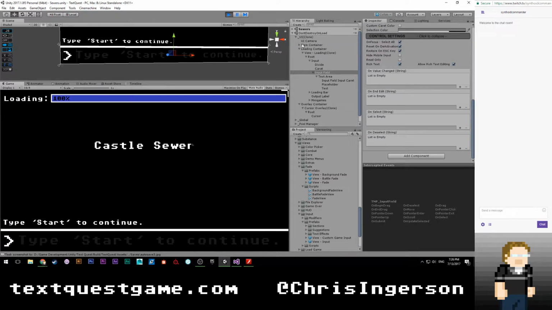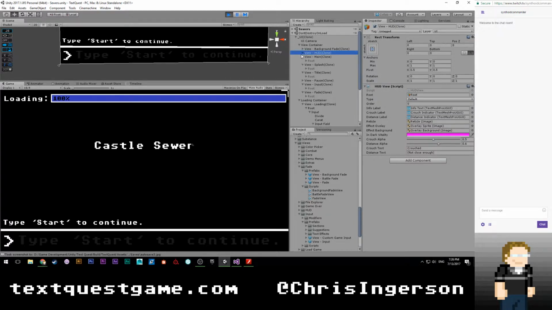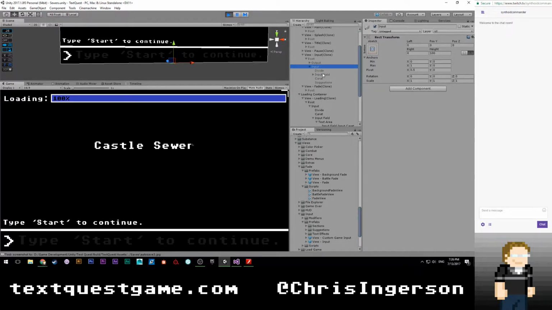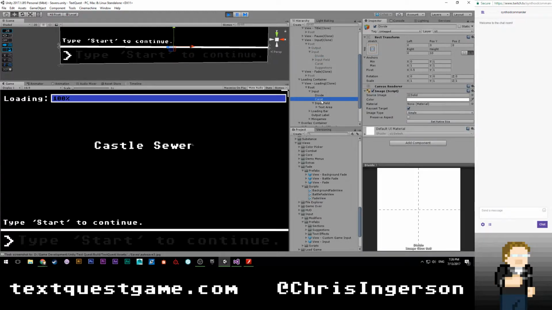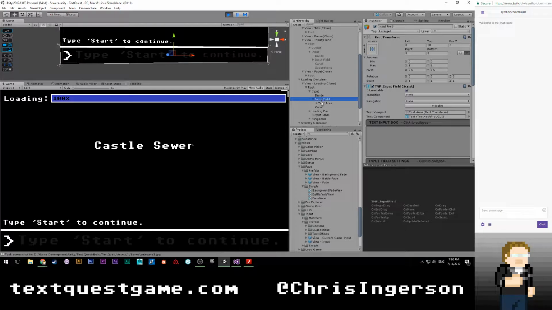And again, if I open up, let's see, view container, do I have the turn on HUD? Not that it matters. Input view. So you can see input view is set up pretty much the exact same way. We have our input field, which is here. So we have our input, then our divide, and I guess our caret is above it, but that surely can't be it, right? No. Okay. Let's see, text area, let's open this all up. Input field caret, placeholder, text, they're all in the same place.